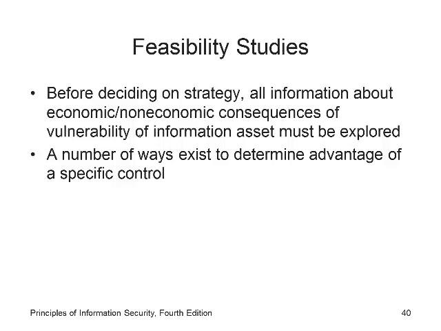All right, feasibility says before deciding on a strategy, all information about economic and non-economic consequences must be explored. Basically, can we do this? We want to implement whatever. So I guess in Oklahoma, we have a lot of tornadoes. Maybe we need to come up with a big shield to cover the entire city to protect us. Is that feasible? Could we possibly? No, that ain't happening. So the feasibility of doing something like that would be not so much.